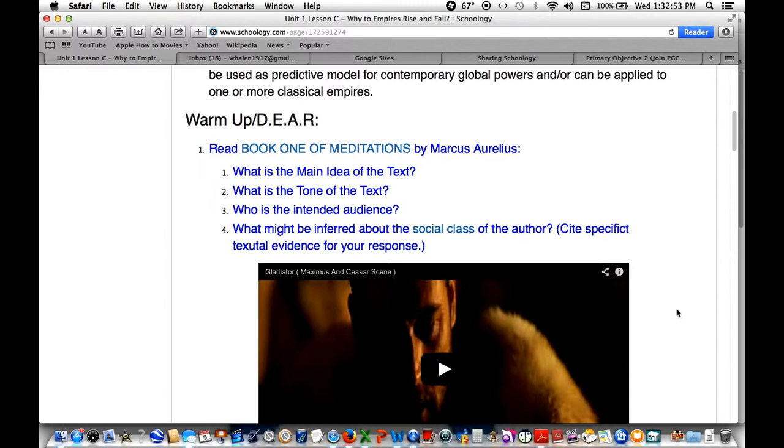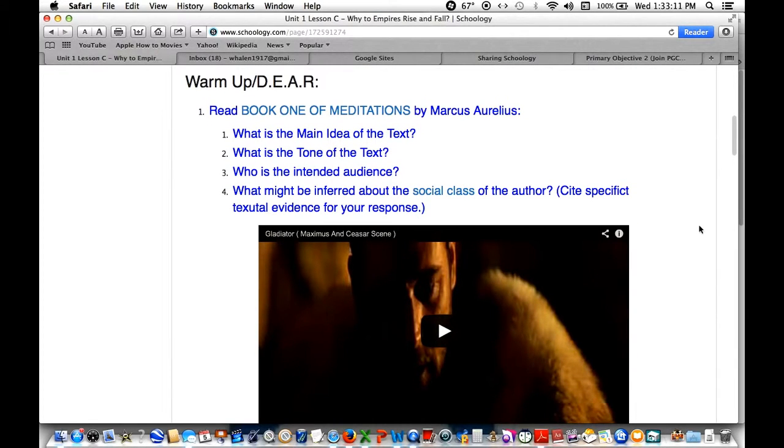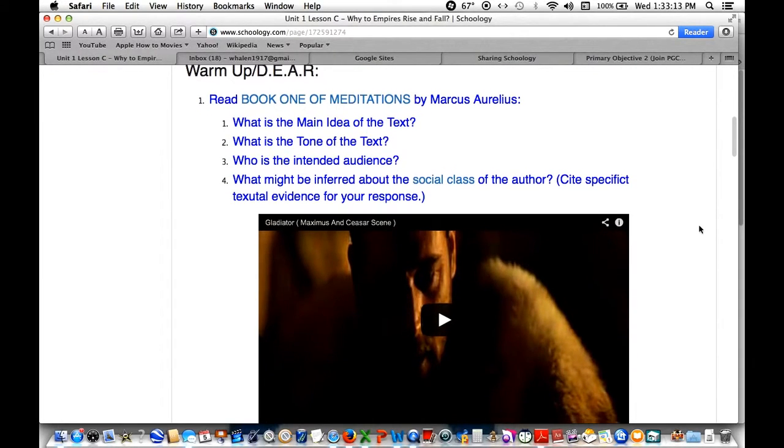PARCC exams. So you'll see that Book 1 of Meditations is lit up here because it's a link. Students using their electronic devices will click on the link and go to a website that has Book 1, and they'll start reading it. While they're reading it, I'm projecting these questions here, and for a few minutes, I'm going to show them this